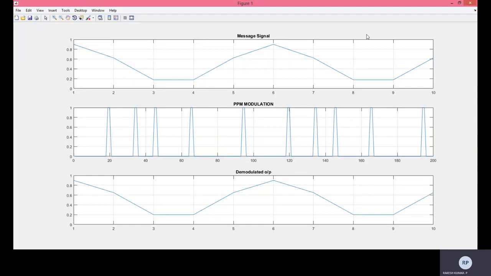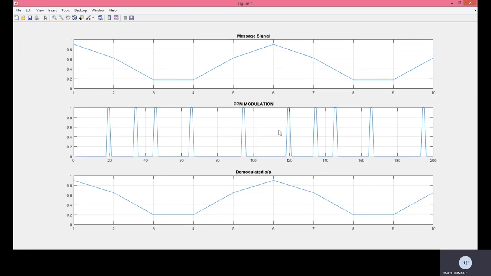So this is our message signal, and if you observe here, the widths of all the pulses of the pulse position signal are the same. The only difference is spacing or position. Here the two pulses are separated by a small distance, but here the two pulses are separated by a large distance. As I have already told, I cannot expect the PPM signal by seeing the message signal and carrier signal. The PPM signal should follow the pulse width modulated signal.